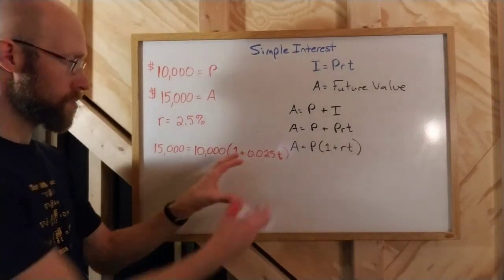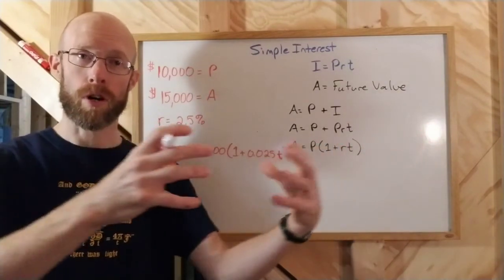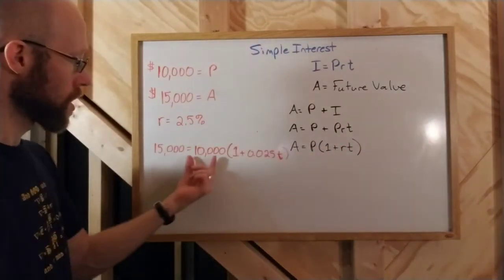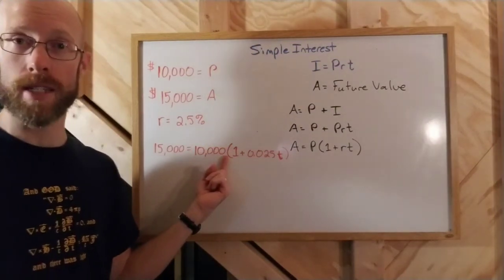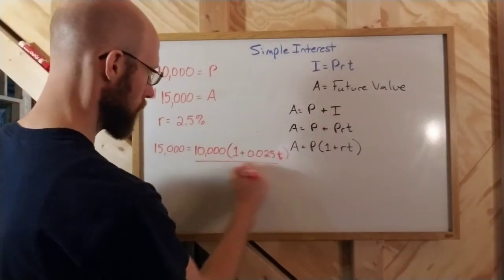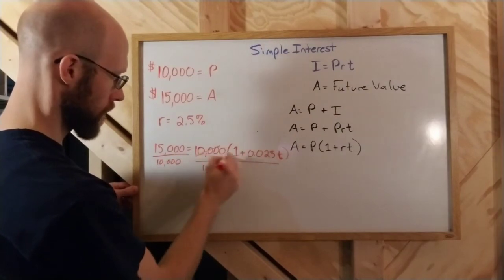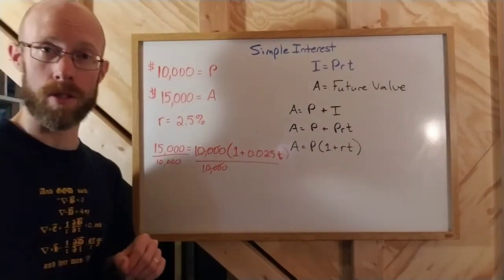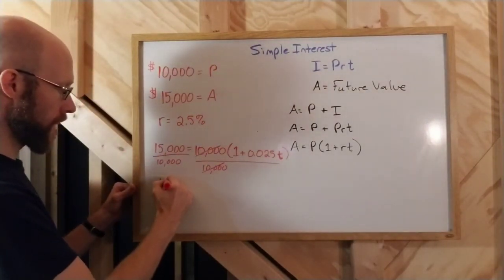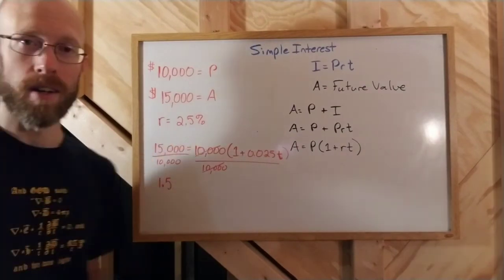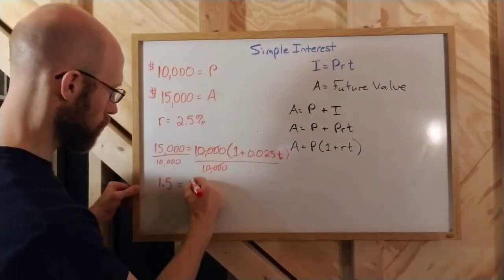The first thing I would do is, when we solve an equation for a variable, we work with the things that are farthest away from that variable and then work our way closer. And so I would start with the 10,000. Now the 10,000 is being multiplied here. If I wanted to get rid of that 10,000, I would divide both sides by 10,000. And that will cancel the 10,000 on the right. Okay, so we're going to be doing some solving equations. 15,000 over 10,000 is actually 1.5. If you cancel out your zeros and move your decimal appropriately, it's 1.5. And that would equal 1 plus